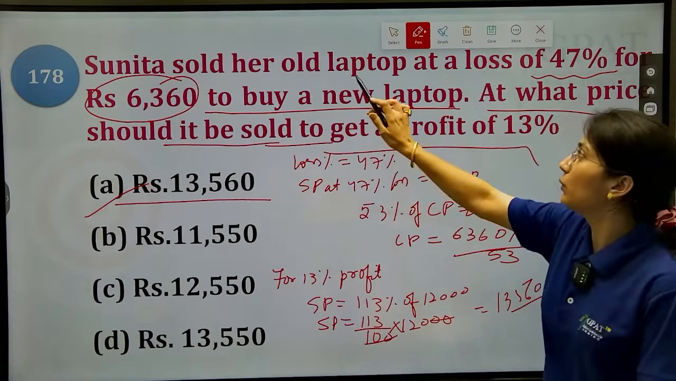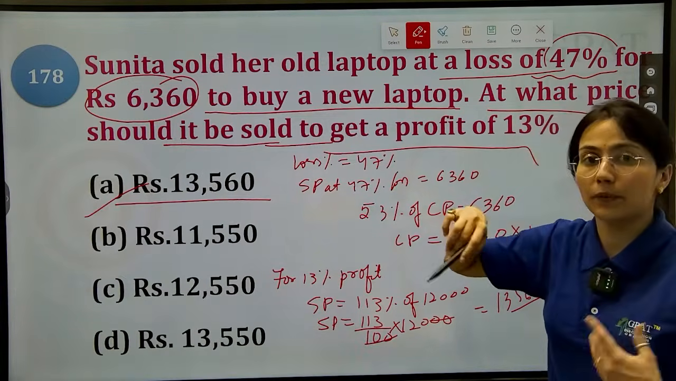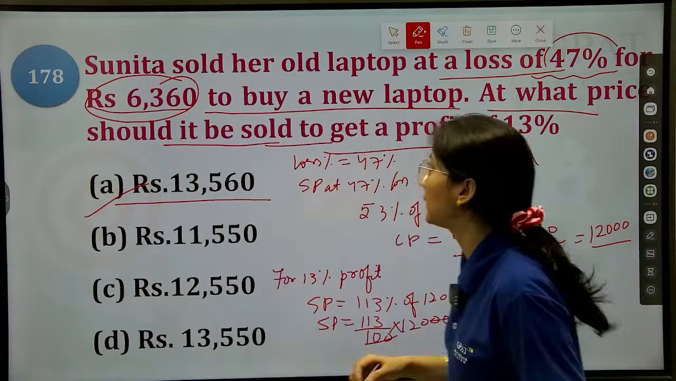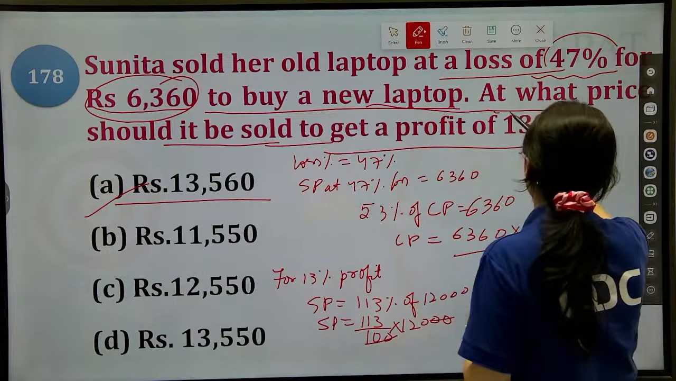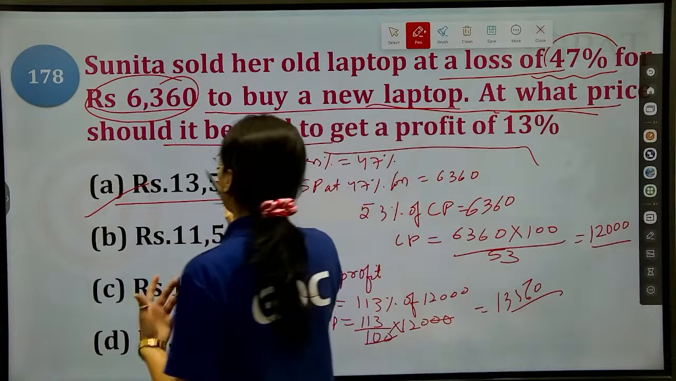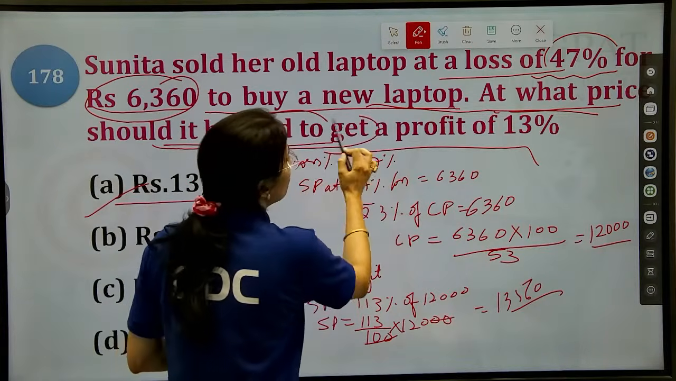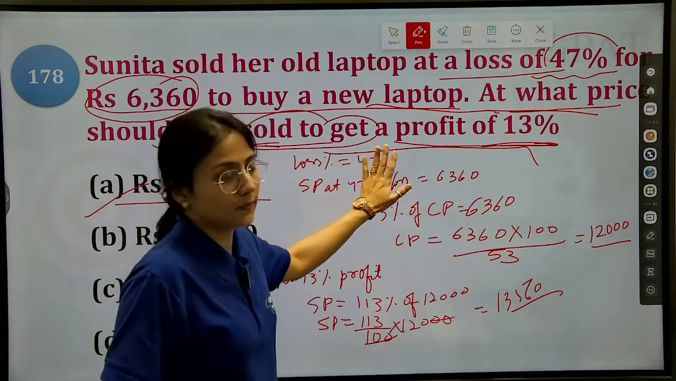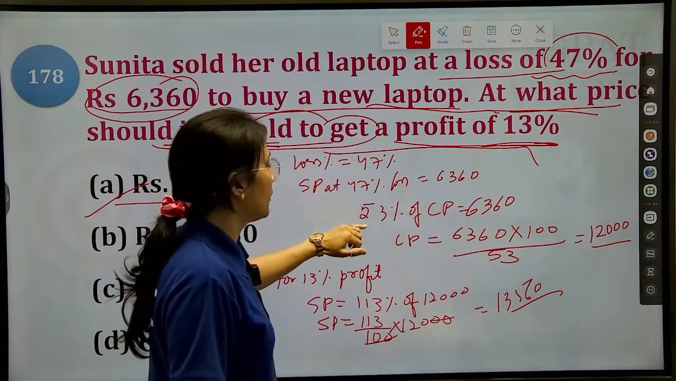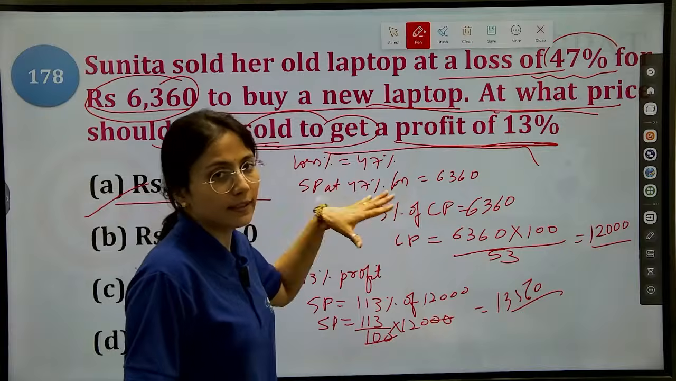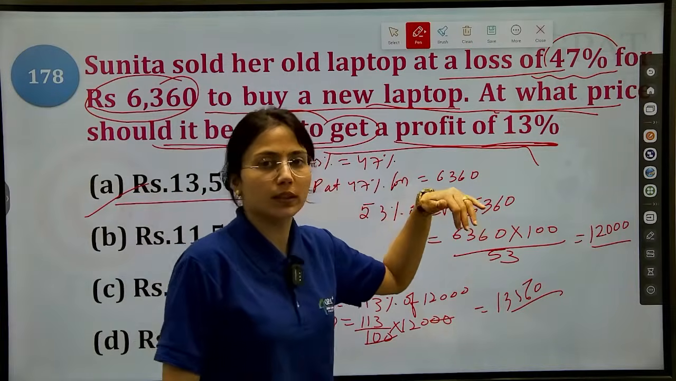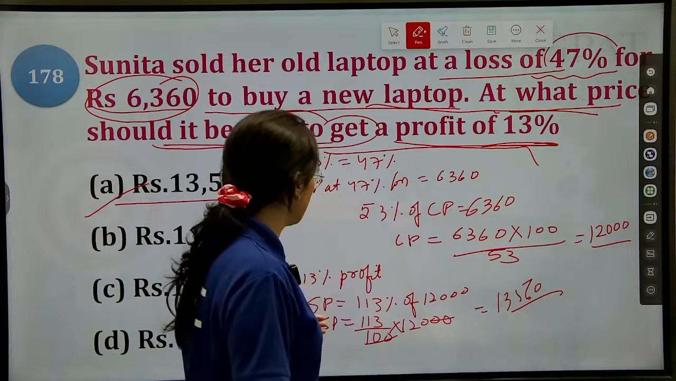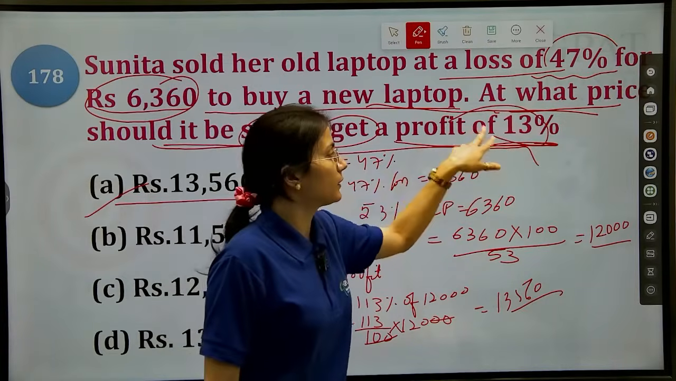Sunita sold her laptop at a loss of 47% for rupees 6360 to buy a new laptop. We have to find at what price it should be sold to get a profit of 13%. As you know, the loss percent is given, that is 47%. You can say that 53% of CP is equal to 6360. So from this you will find the value of CP, and as you know, if you get the 13% profit,